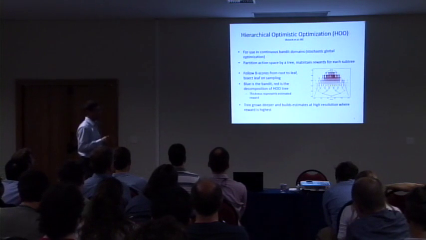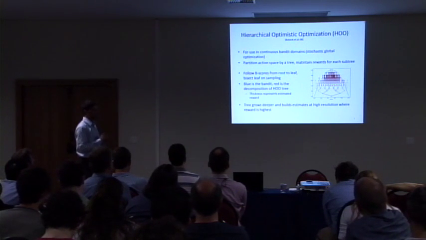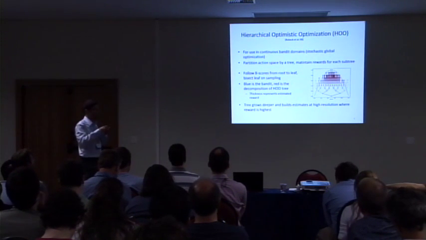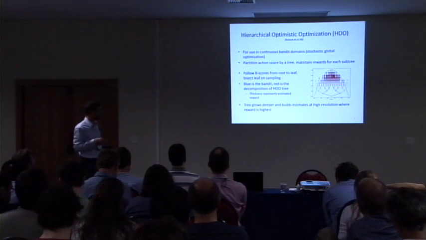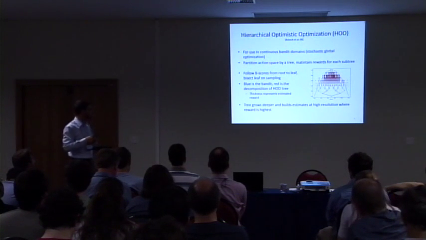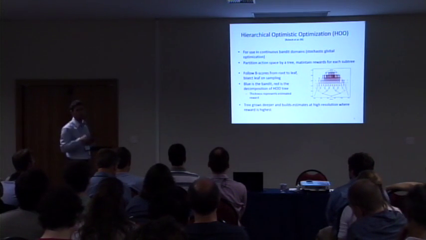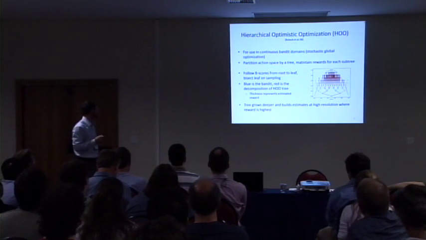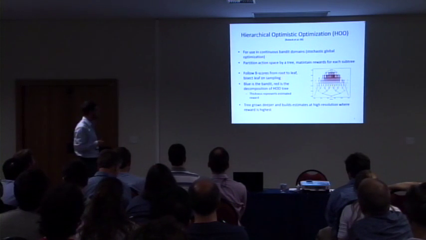The way it works is that it starts with a root node that covers the entire action space, and it tries to make a decomposition of that space as time goes on. As it does the decomposition, each node in that tree stores a value that estimates what the upper confidence bound on the reward for that region could be. When it starts out, there's just a node, and it just takes some action. After it takes an action, it splits the node into two.